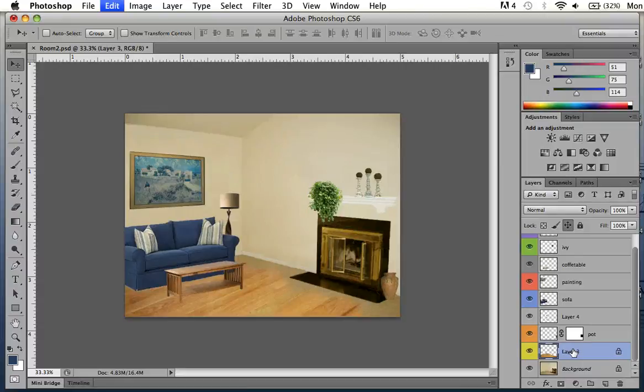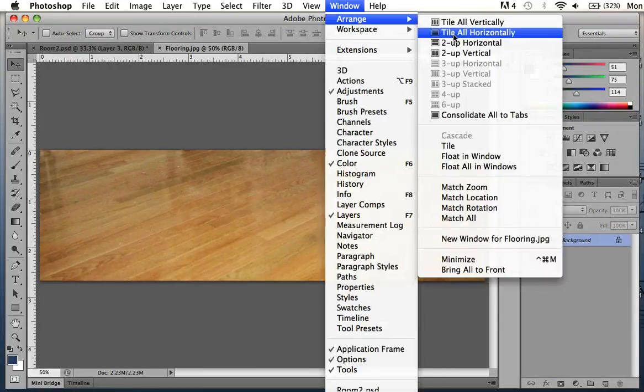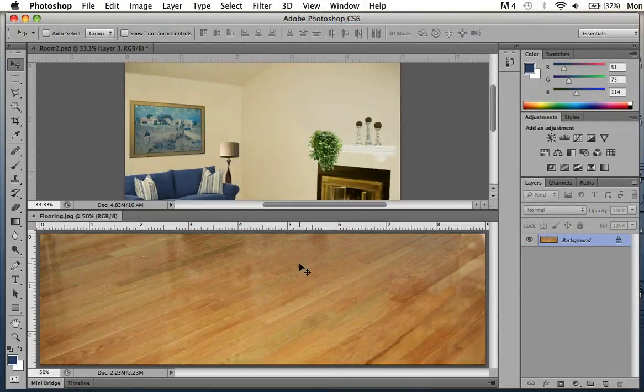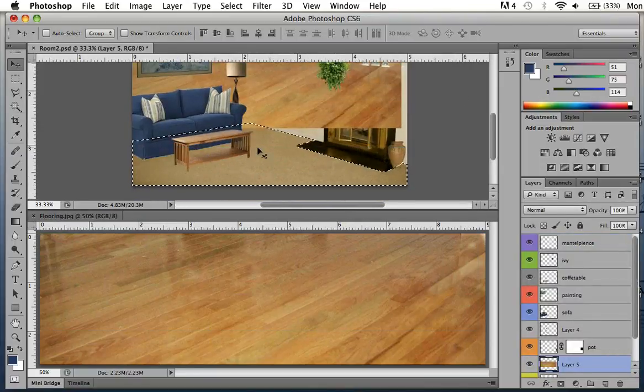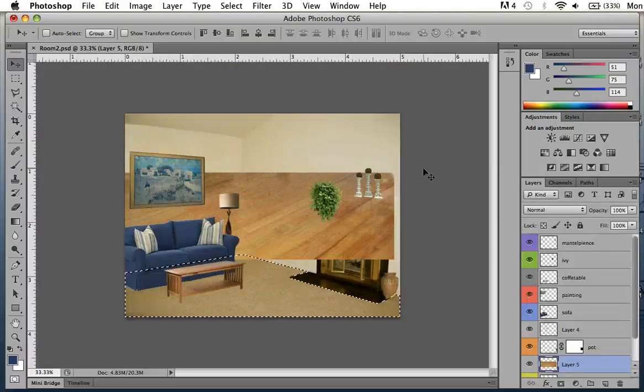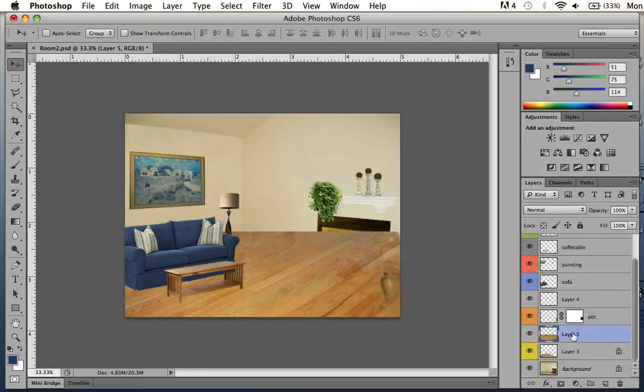Control Alt Z, Control Alt Z, Control Alt Z. Back to the beginning. Okay, so I got my flooring layer, and then what I did, file open. Okay, view, arrange, tile horizontally, and then I just dragged the flooring image into my living room. Actually, let me deselect first, Control D, and then moved the floor in place just right above my flooring layer. And then what I did was